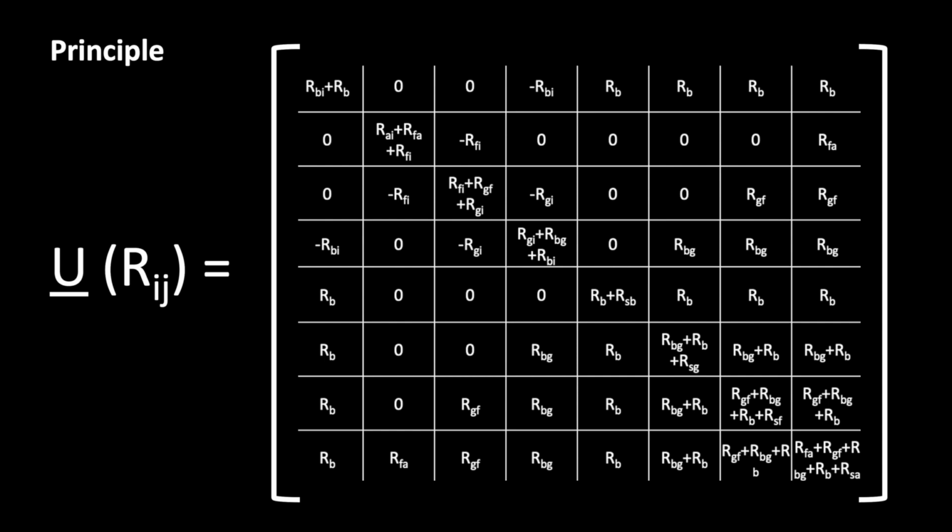I also represented the switches as thermal resistors RSA, RSF, RSG and RSB. If we make these thermal resistances 0, then the heater is on. If we make them very large, the heater is off. By the way, the matrix must be symmetrical. Keep that in mind to cross-check whether you have applied the formalism correctly.